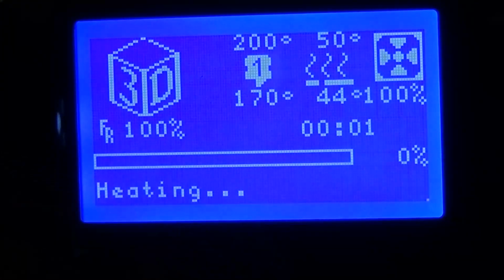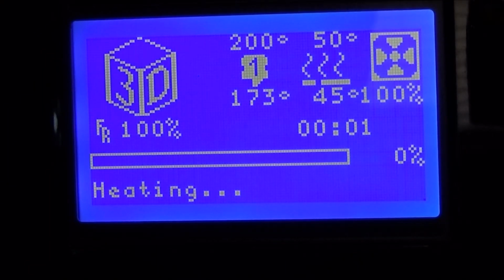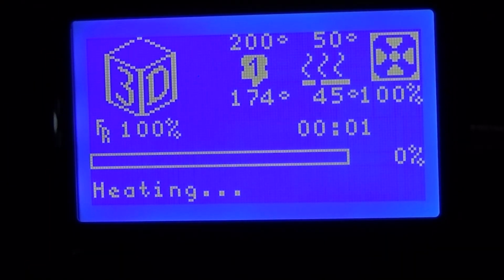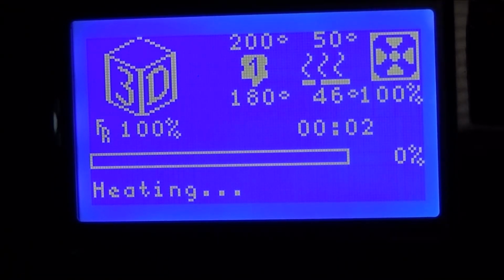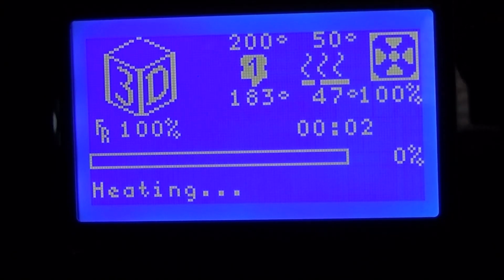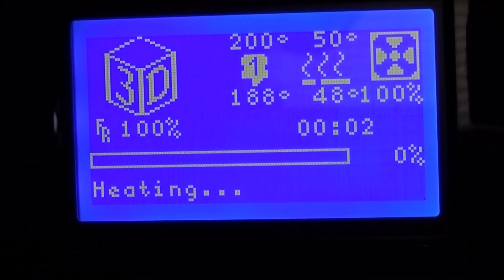is coming up, and it should come up to 200. I've inserted the SD card. I went into it to initialize the SD card. Print from SD card, and I selected a test file that's going to print a box. So since it's kind of early in the evening, we should have enough time to be able to do that. So when this gets up to about 200, the nozzle should be good and hot, and